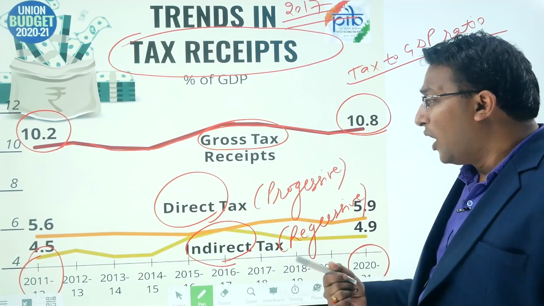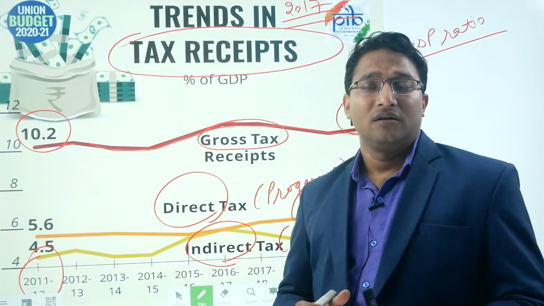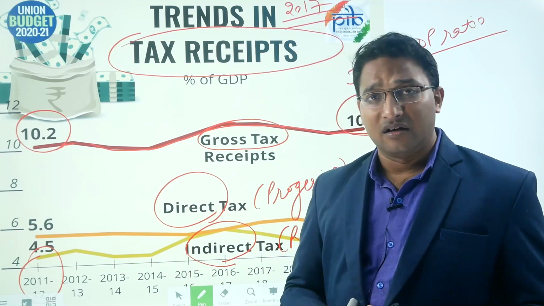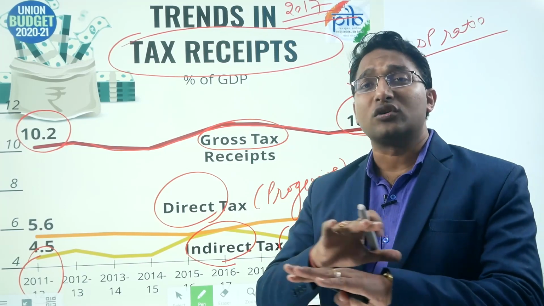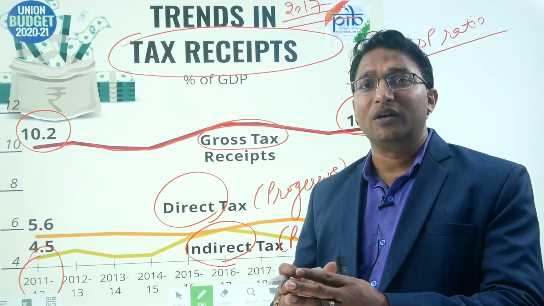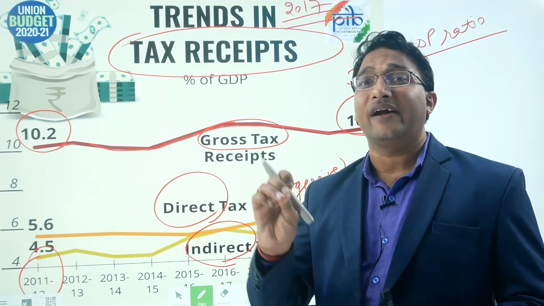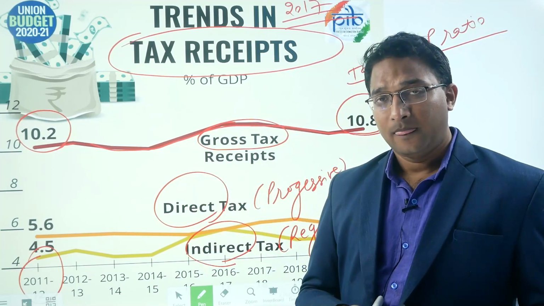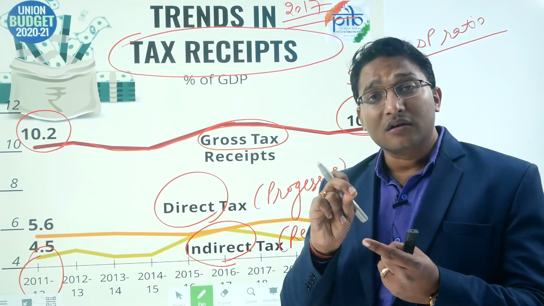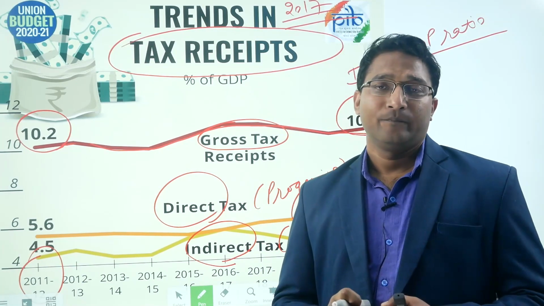So in practical life, how do we see direct tax? If there is some rickshaw puller and the rickshaw puller has an income of 2 lakh rupees in a year, the rickshaw puller is not supposed to give any amount of tax. So this is possible because the direct tax is progressive. There is zero tax for a certain level of income. However, the same rickshaw puller is supposed to pay taxes on the items he buys for his consumption, clothes, transportation.